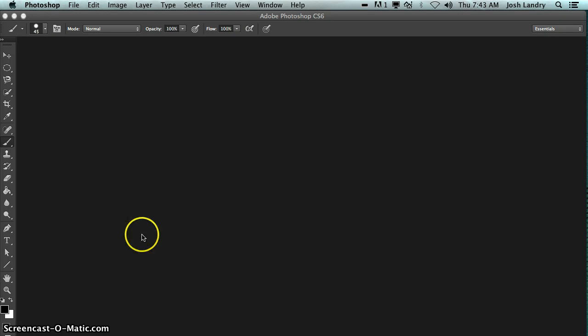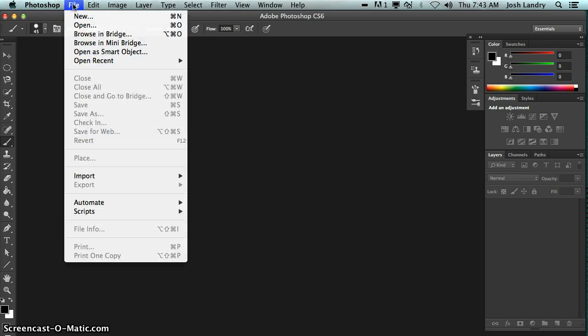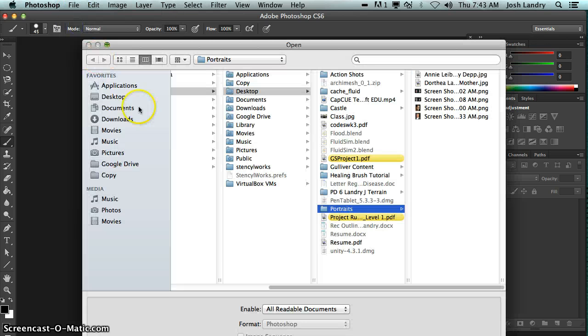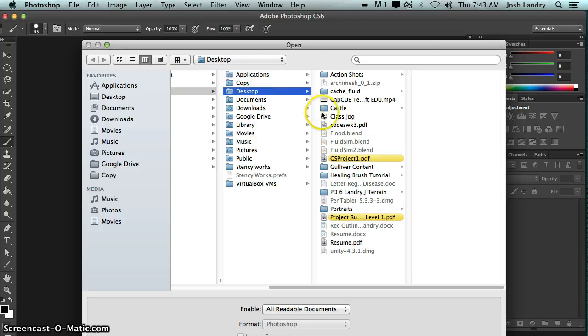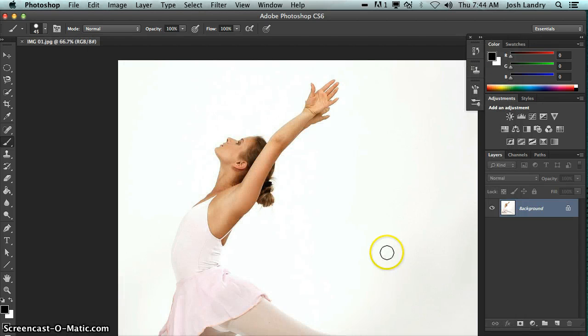Okay, in this video tutorial I'm going to show you how to use Photoshop to make cutouts. So inside Photoshop I'm going to do File Open, navigate to my desktop, find the folder I want, and you'll see I only have 2 images in here. You will have a lot more, but let's go ahead and start off with image 1. Hit Open,